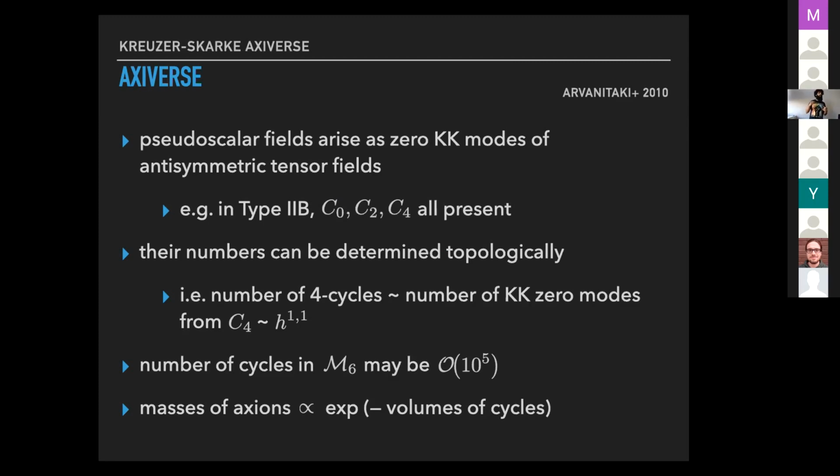The particular ALP sources that we will consider are the KK zero modes of C4 forms. That is the number of fields that are wrapping 4-cycles, and this corresponds to h11 ALPs appearing in any particular setup. Now, as the question alluded to earlier, we now have access, in principle, to large h11s, which was previously at least unfeasible.